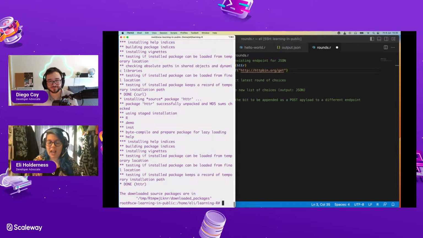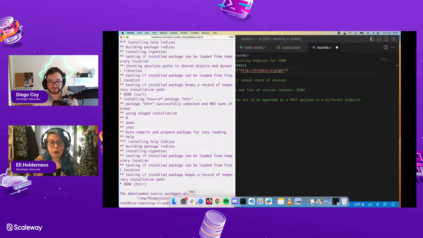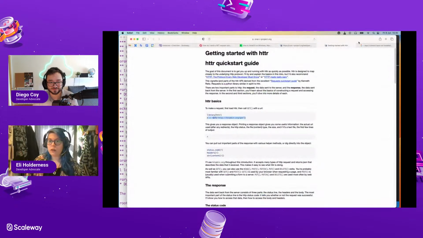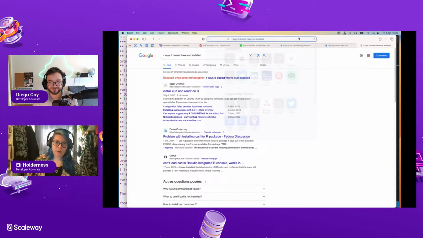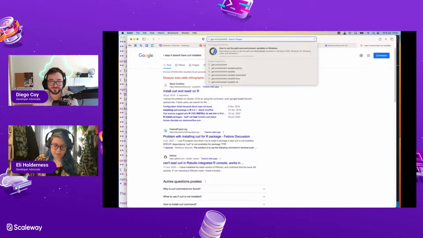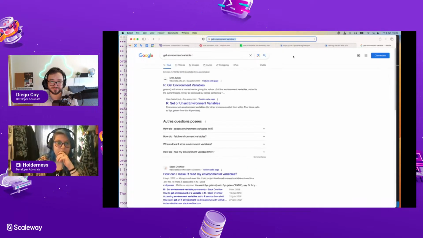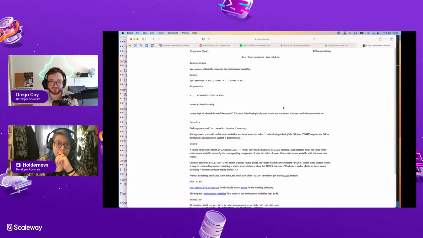I want to get the URL from my environment, so I'm going to see if I can do that in R. Get environment variable R. Getenv. All right. Obtains the variables. What is X? I'm really confused by this.